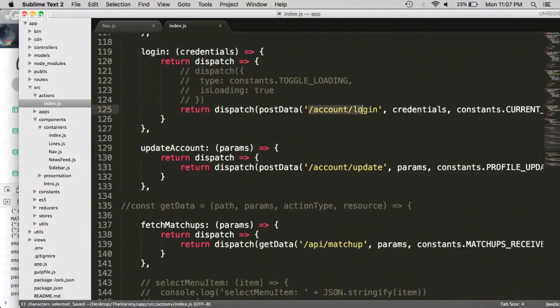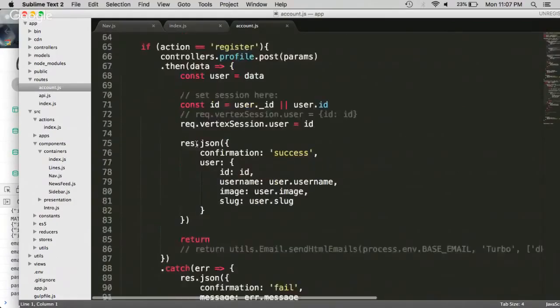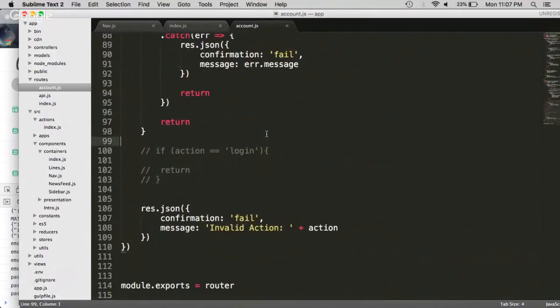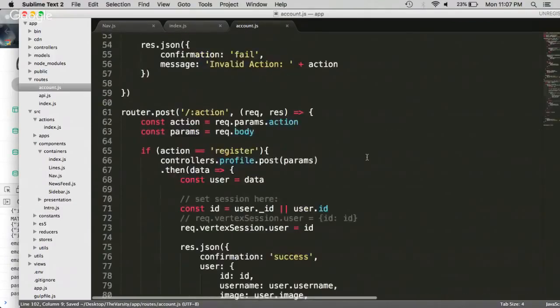So the question now is, is this route set up? It is. I'll just show you real quick. If you go to the account login route, it's supposed to log in. Actually, no, I lied. It's not set up. So let's set that guy up. So here is a method stub for the account login route. Right, and what we want to do is grab the